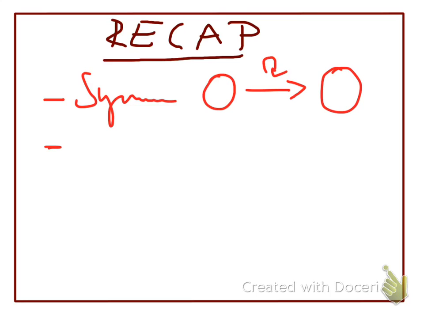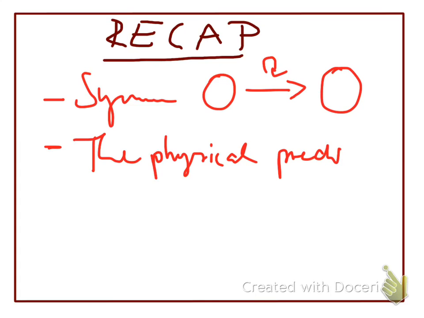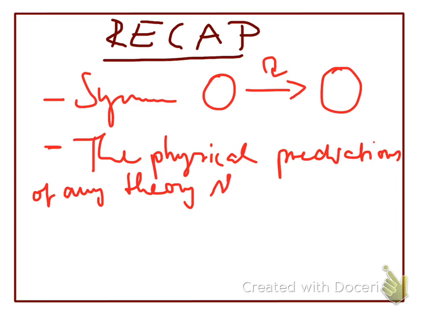And we've come across this very important idea, in a way quite basic, but it means there's a tremendous amount of work for people to try and come up with general frameworks to describe the world, which is simply that the physical predictions of any theory, a good theory, and a theory that we want to keep working with, should be the same